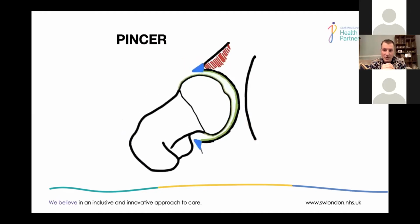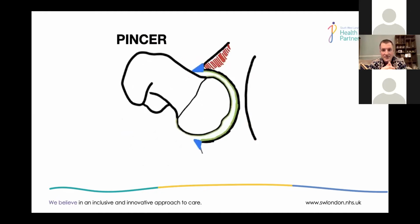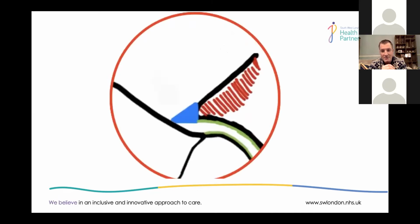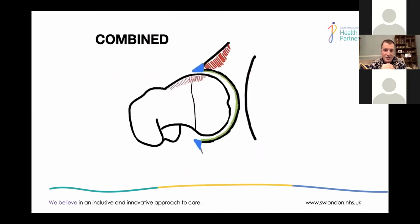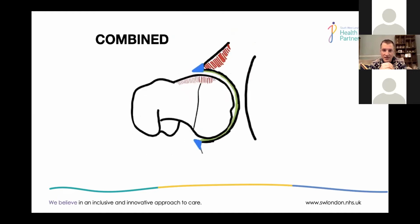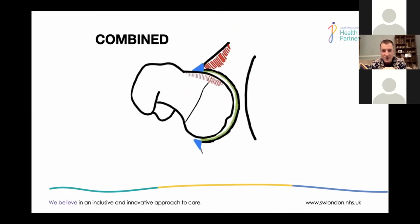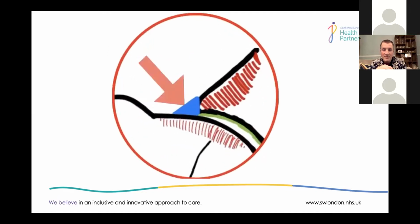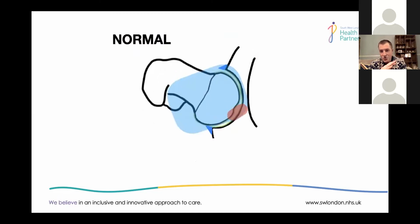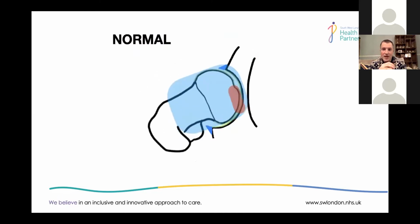and that can then drive early osteoarthritis cartilage damage. Pincer lesion here, again, we're showing the overcoverage is now impacting on the femoral head-neck junction, and you get damage to the labrum and then onto the articular cartilage. And then the best or worst of both worlds, when you've got a combined pincer and cam. So now the blue area is to try and represent a normal capsule, and the red line